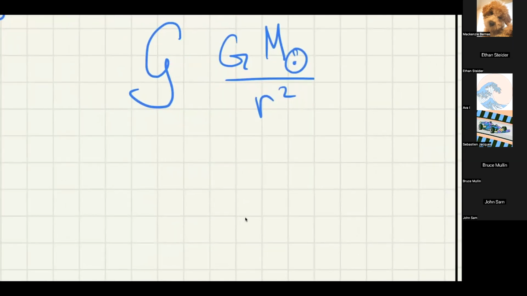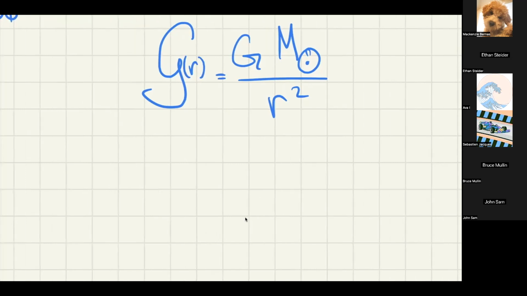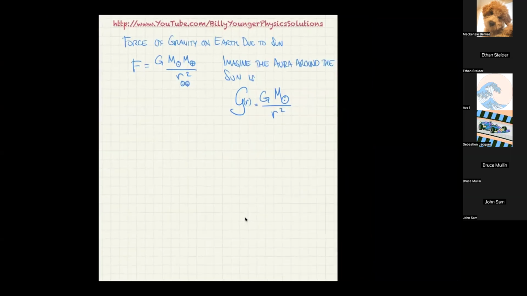Make that a little cooler. Okay. And if you actually wanted it vectorially, then you'd have to use x squared plus y squared plus z squared instead of r squared. And you'd have to put an x component, which would be x over x squared plus y squared plus z squared i hat, a y component, which would be y over x squared plus y squared plus z squared j hat, and a z component, which would be z over x squared plus y squared plus z squared k hat. So in principle, more generally,